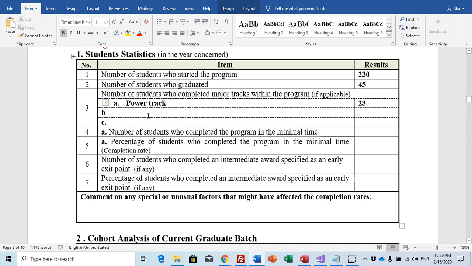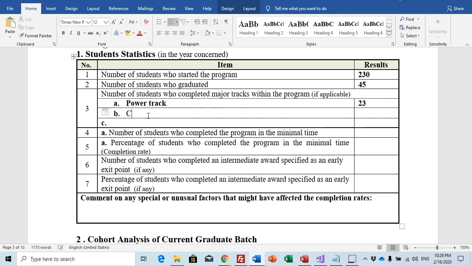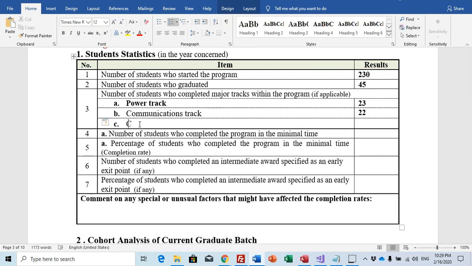And we have communications track, 22, and we have control track, not active, so no graduate students.